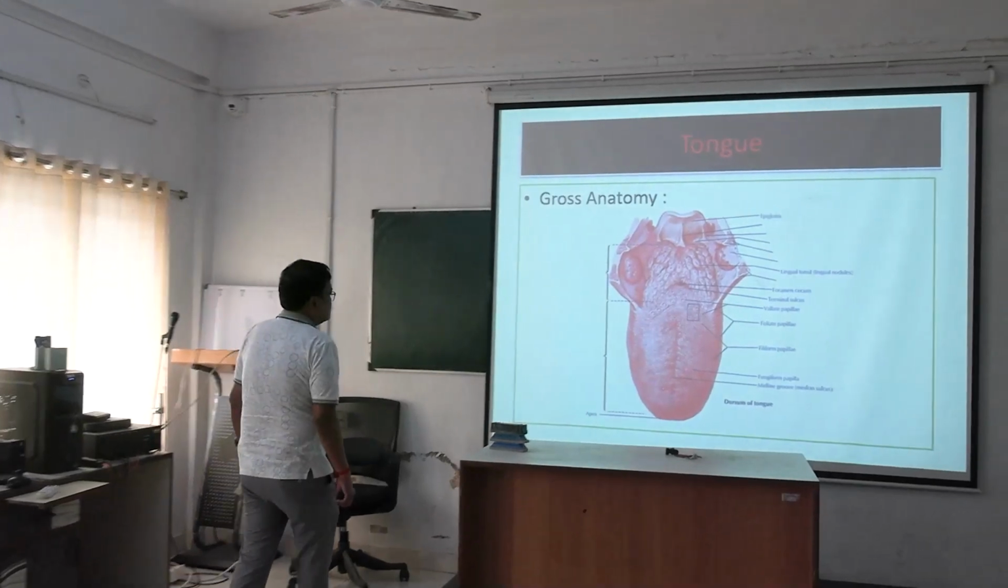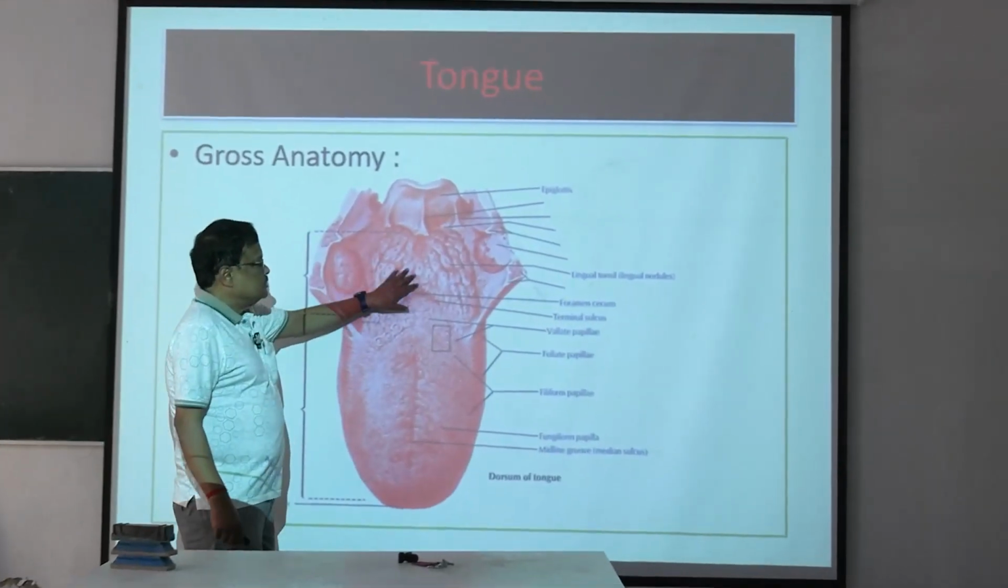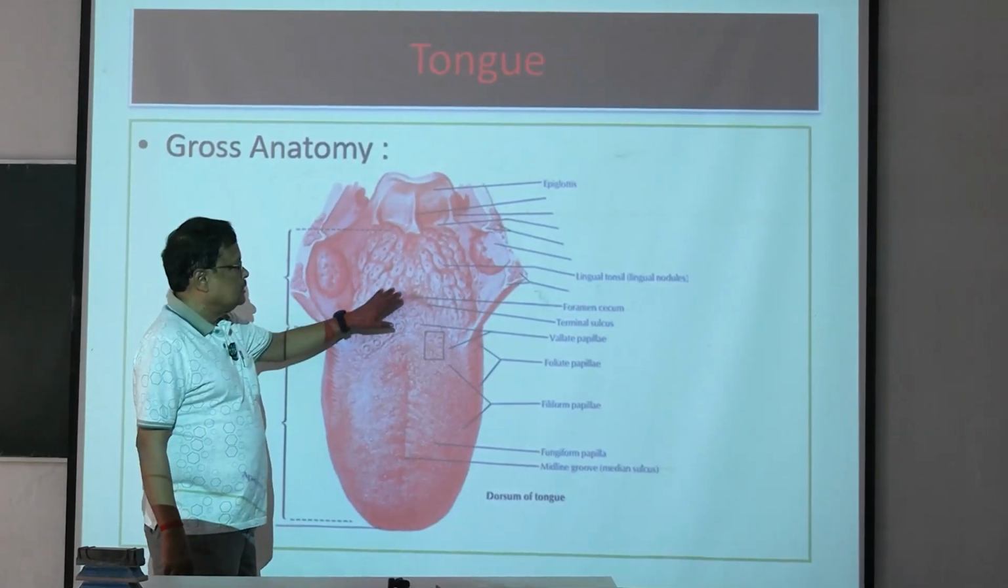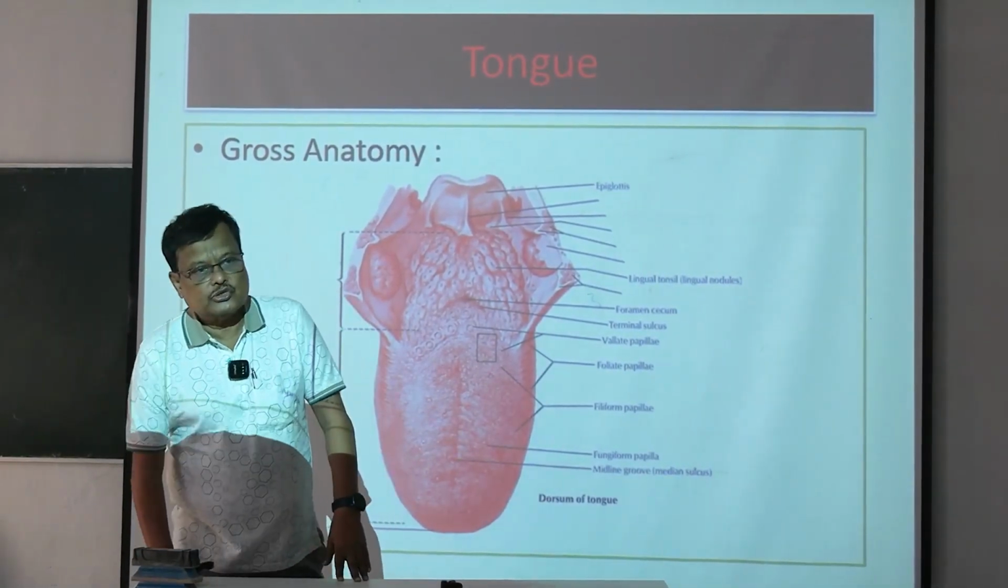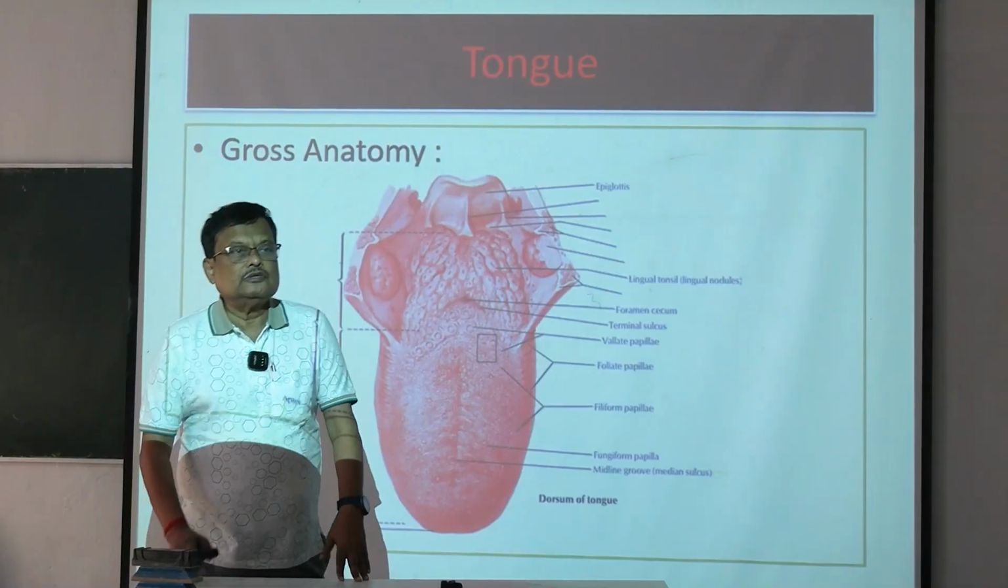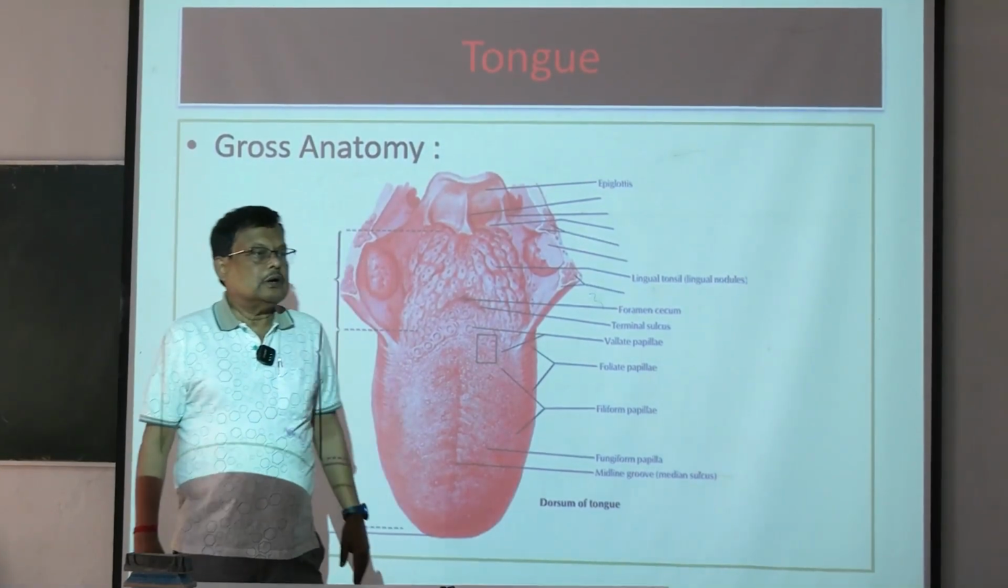We have to tell something about the tongue. The tongue is an organ which is situated in the oral cavity, and it has got a surface, border, parts. Customarily,